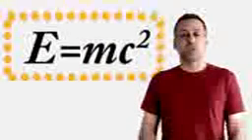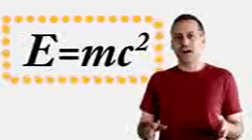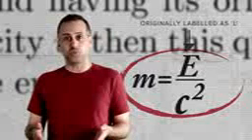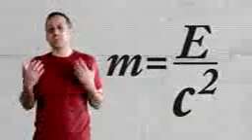E equals mc squared is probably the most famous equation in all of physics. But in his original 1905 paper, Einstein actually wrote it down differently, as m equals E divided by c squared. That's because, at its core, this cornerstone of physics is really a lesson in how to think about what mass